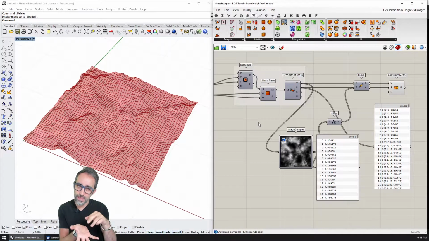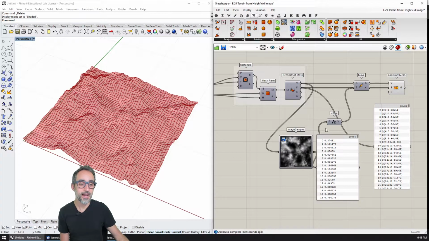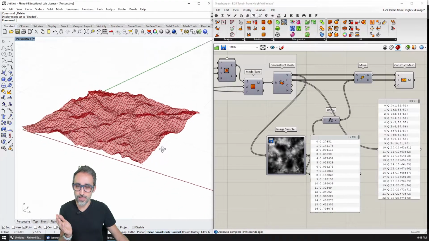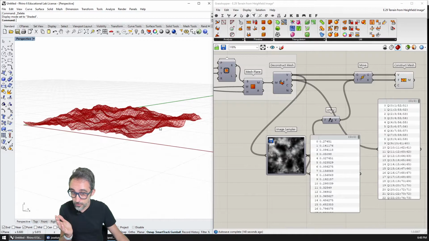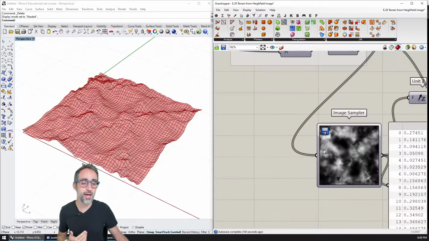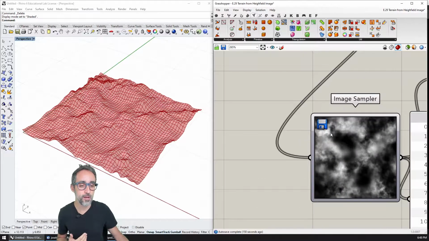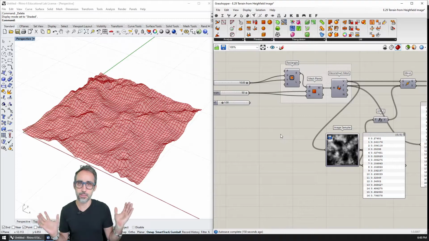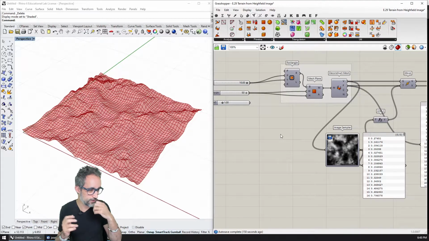One detail we tiptoed over was the fact that I have used the values of the brightness straight away, and therefore the maximum height of each one of these points is going to be 1. And maybe that's not what I want, because maybe I know how much a pure white value for this particular image is, for example 3,000 meters, if it's a mountain.